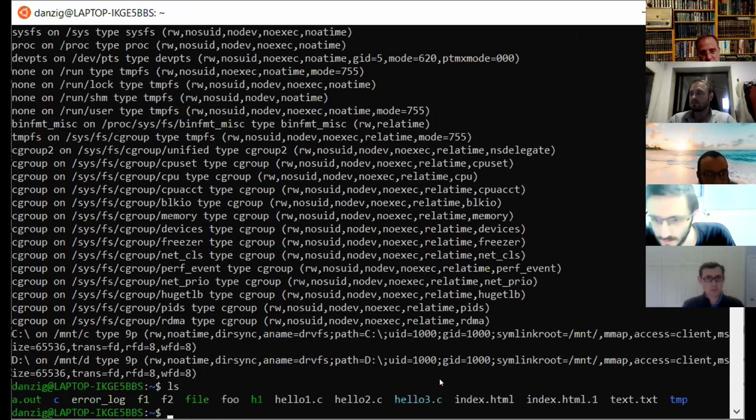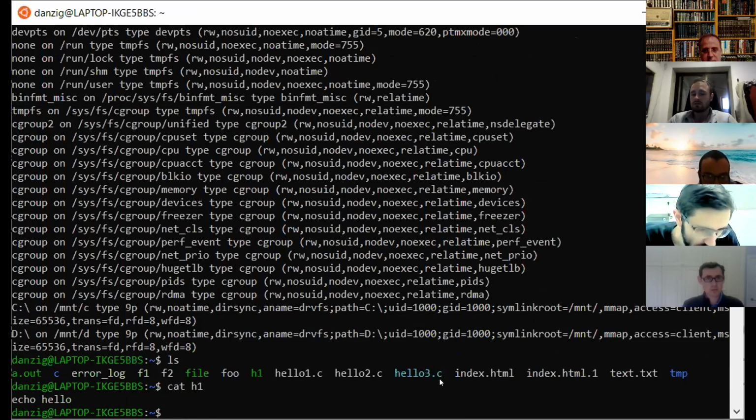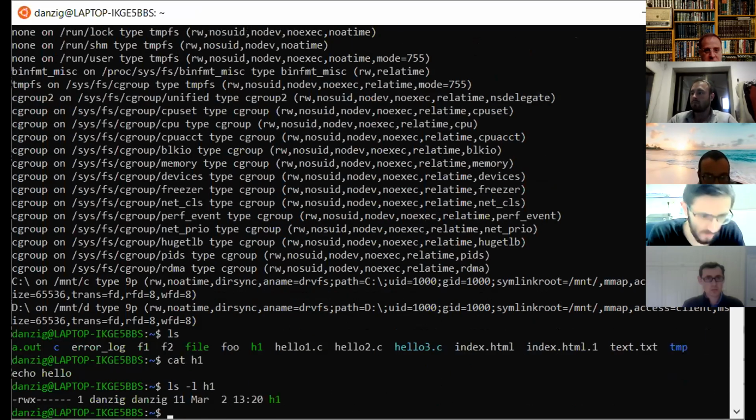Wait, yeah, wow. h1 says echo hello. What are the rights of this file? What are the modes? ls -l h1. I see that it has modes read, write, and execute for the owner of the file. I can remove those by doing the following: chmod, and then